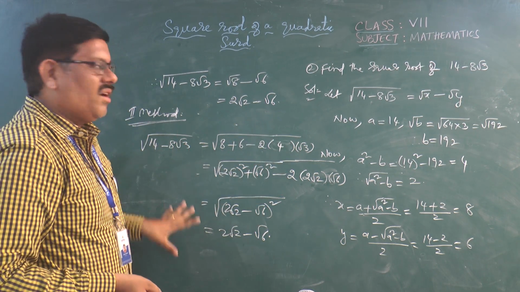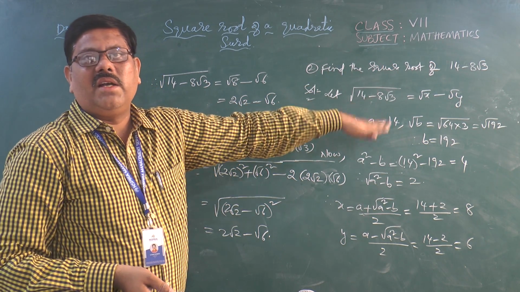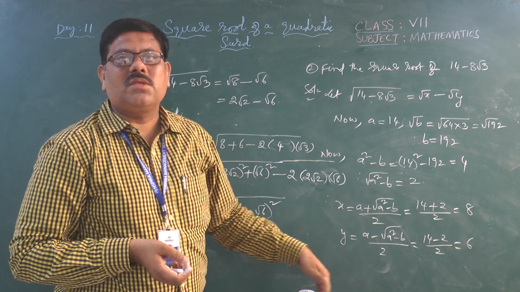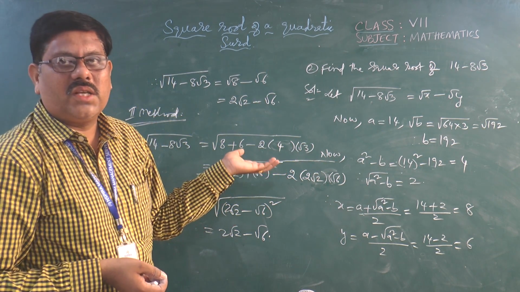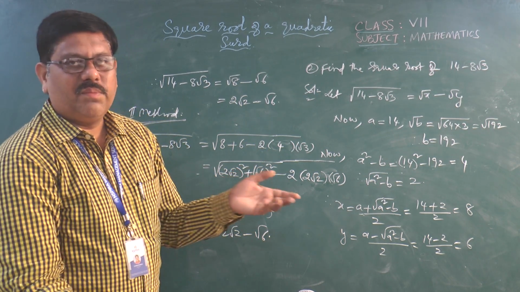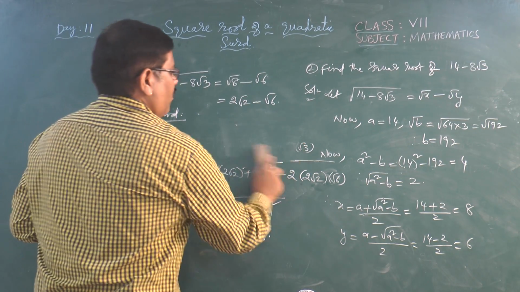So here you must be a little cautious and careful. That's the reason why if you have any confusion over here, simply go for this. There is no confusion at all. Simply identify what is a, what is b, then directly go for root over a square minus b value. Then you simplify that, x as a plus root over a square minus b by 2, y as a minus root over a square minus b by 2. Okay, that is the simple method, if you have any confusion in this kind of method. Now, we will see one more question.